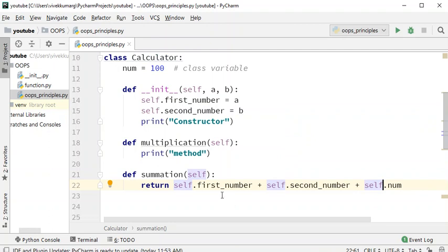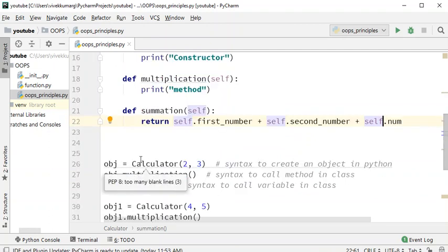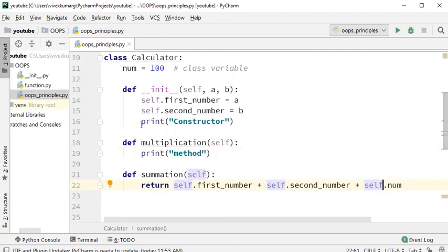Because when you create an object, it will come here and it will read all the instance variables and class variables and store them in itself. So that is why, very important thing, you just remember this: self is like a global or universal to call any variable.